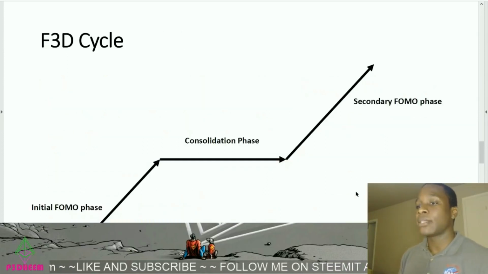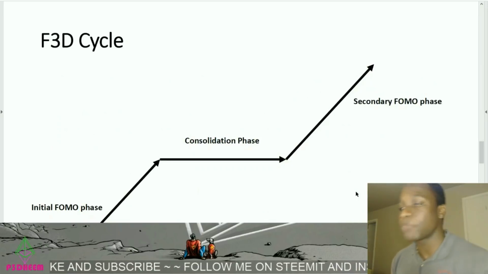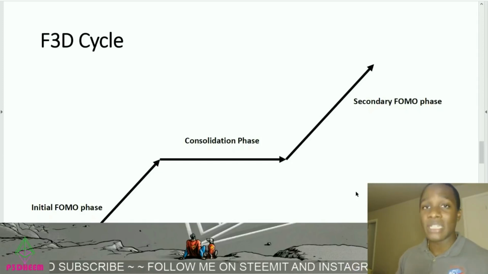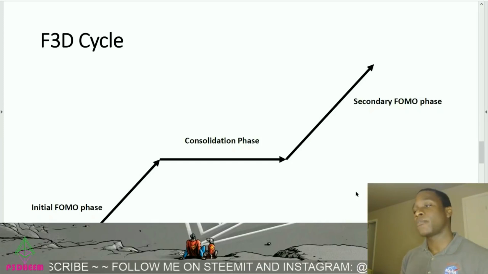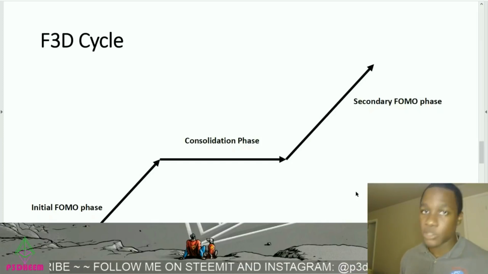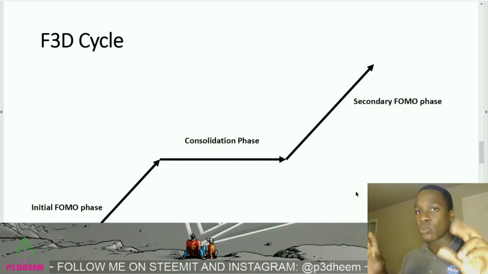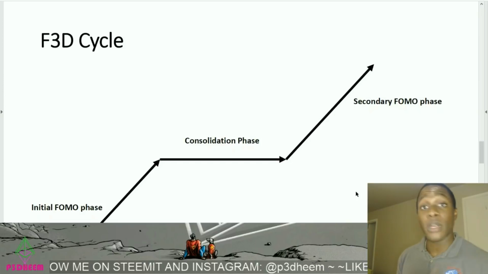And if you look at the F3D cycle, there's three very distinct phases of this particular cycle that are very important. So you have the initial Fomo stage with the long game. As I stated before, this is anything below maybe 500 ETH, where people are really buying in droves because this is, quote unquote, very cheap keys and they're expecting to get a lot of money back as far as dividends.